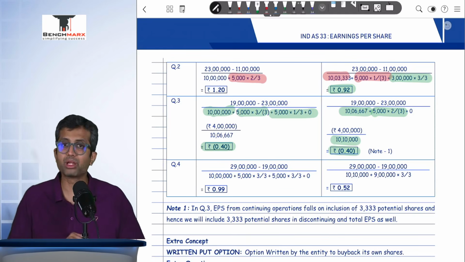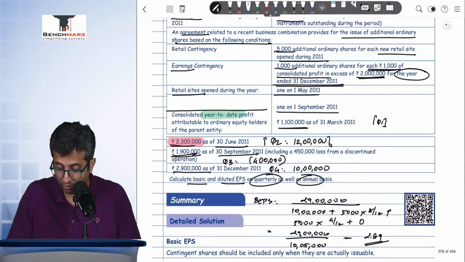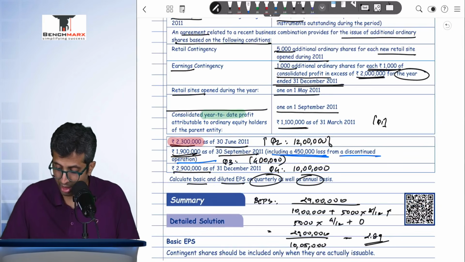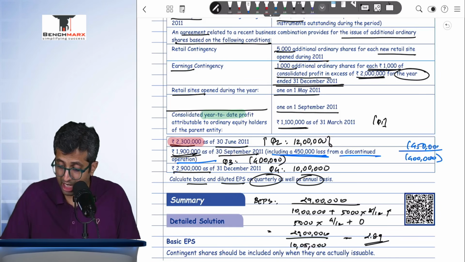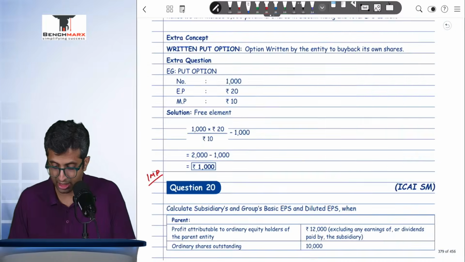However, remember in this case, there is a loss, and hence you have also been given including a 4,50,000 loss from a discontinued operation. Now, if my total loss is 4 lakhs and 4,50,000 is coming from a discontinued operation, that means, can I say, the remaining 50,000 profit must have come from the continued operation. So the profit from continuing operation is 50,000. If I take, let us say,